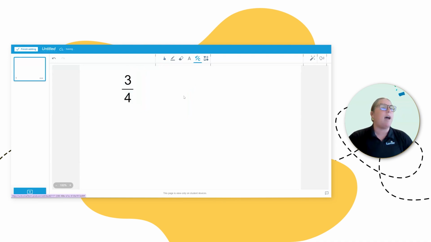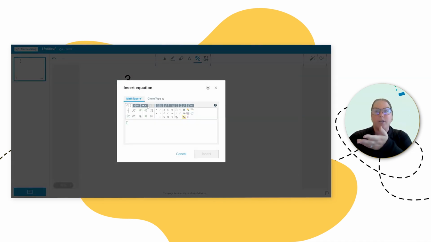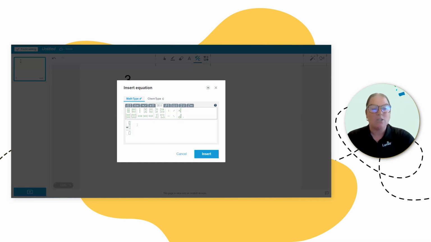I also have, if I click on the equation editor, something I found when I was working with the immersive reader team, Holly, in London for BET. They showed me this and I was like, I never even realized that was in there. I think it's the, yep, tab 1, 2, 3, 4, 5. The fifth tab over, there's actually addition and division setups here. So I've always looked for horizontal or vertical addition problems. This is so key. I did not know this was in here.